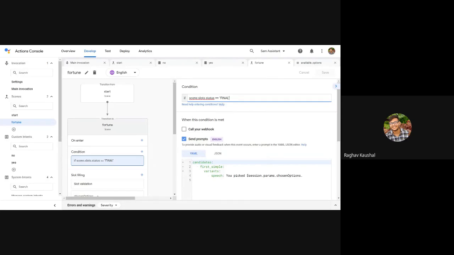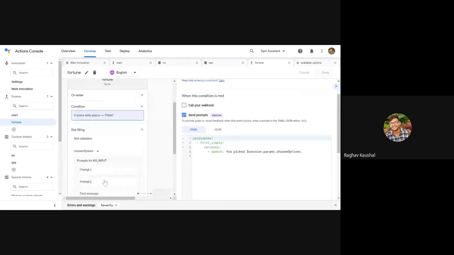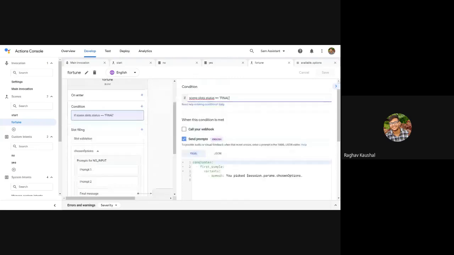Final is whenever a user has chosen any one option. So when a user has chosen, like, a dragon, it will change scene.slot.status to final. Anything he has chosen, it will change it to final.